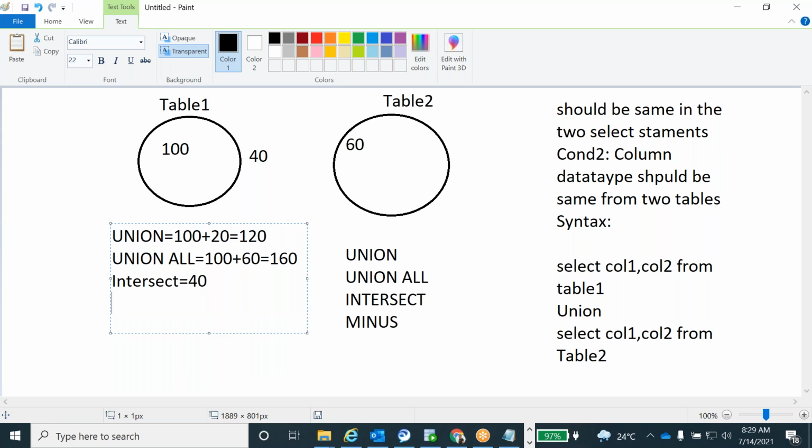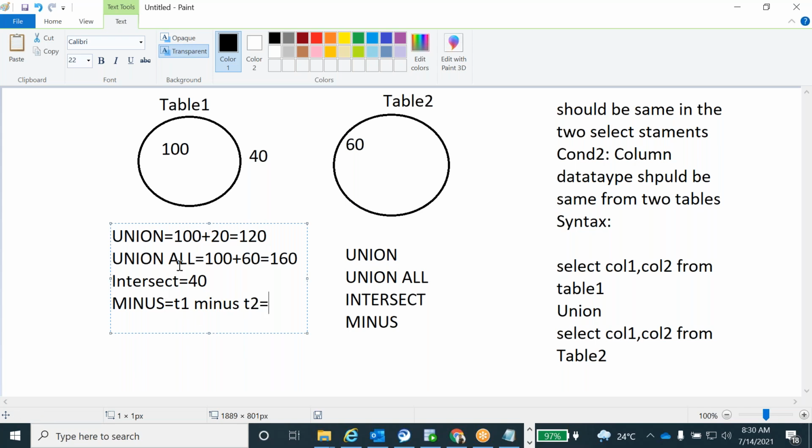Next one, very, very important, which we use in real time: the minus query. Minus means it will compare the data from one table to another table. If we give table 1 minus table 2, then like that, in real time we do source minus target, target minus source.